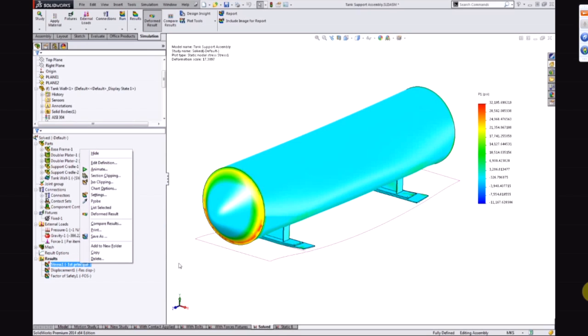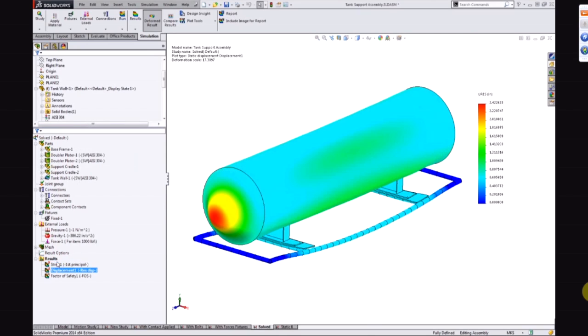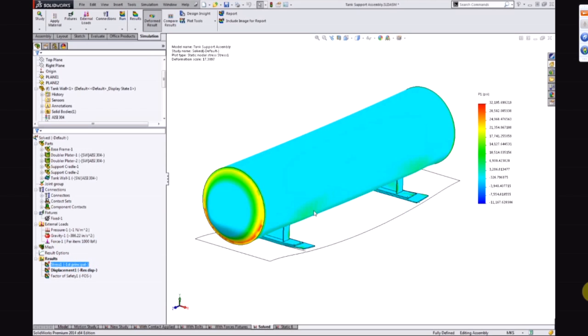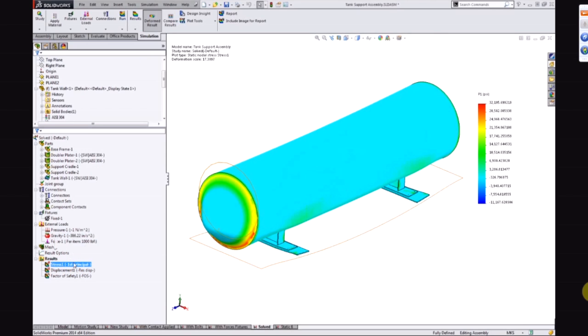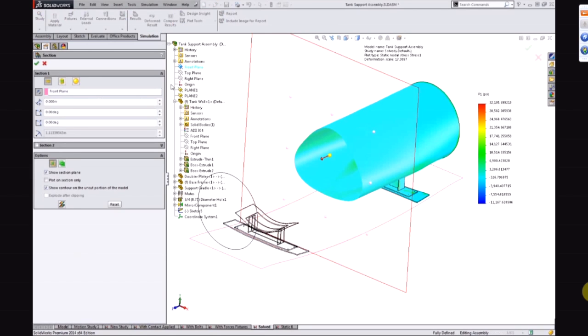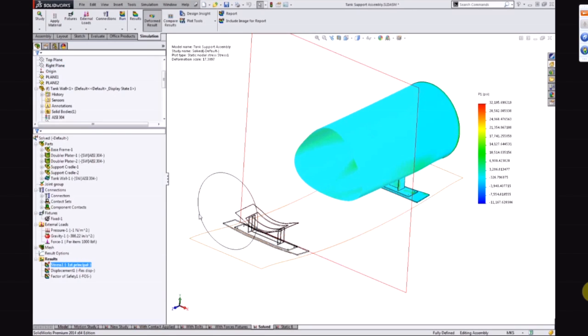When we look at displacement, we can look at the distortion of the model in X, Y, and Z, or we can look at an overall resultant direction. And when we interrogate these plots, we get a lot of options available to us. We can choose to section the plot to take a look through the thickness. Once we have some sort of plot,